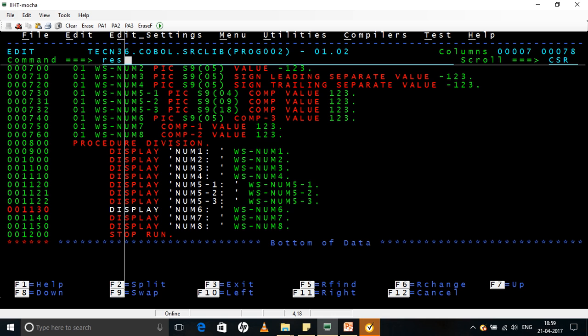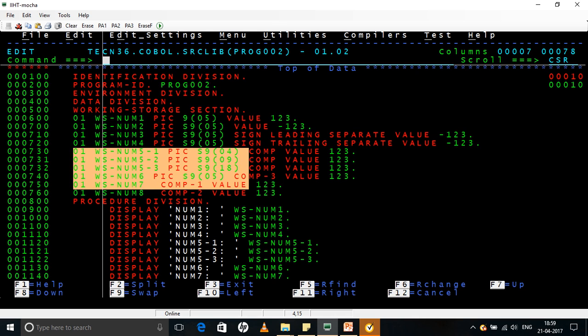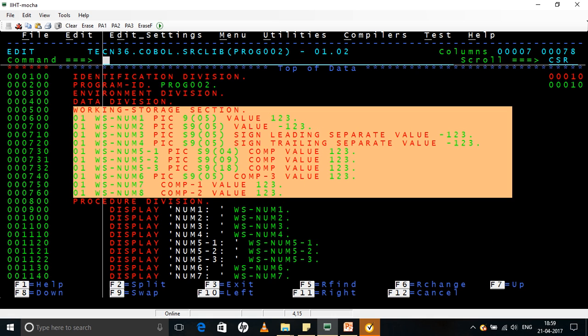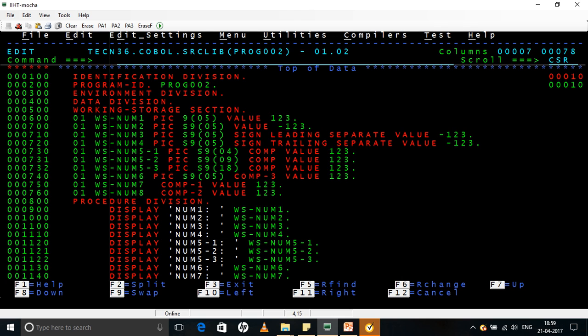We'll first just execute the display, and then we'll also come to the length clause, which I'm going to show you, to find the length of a particular variable when you are not sure how much a COMP or a COMP-3 field is going to occupy. So I'll just show the length of these fields. I'll cover everything because that will give you complete clarity of how much each of these fields actually occupies. Okay, so we just save it,